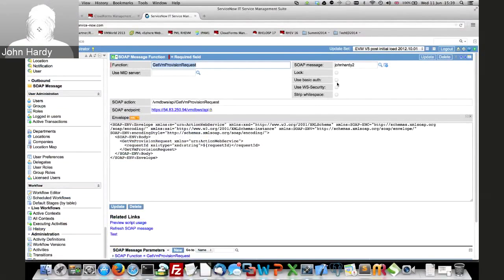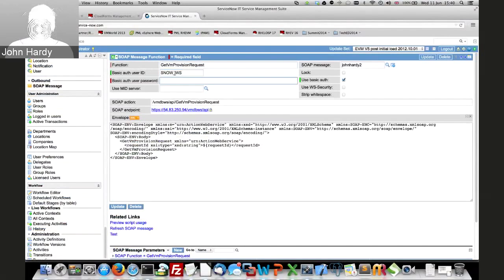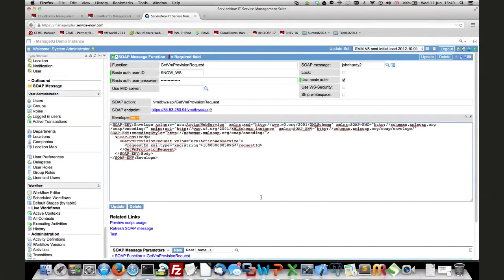Okay, if I open that up, remember, we need authentication. So let's do that first. Use basic authentication. So there's use basic auth. snow_ws is our user, and the password is open source 2014. Now I've cut into my clipboard the request number, changed that ServiceNow variable and statically put it in. There I have. And if I now do test,